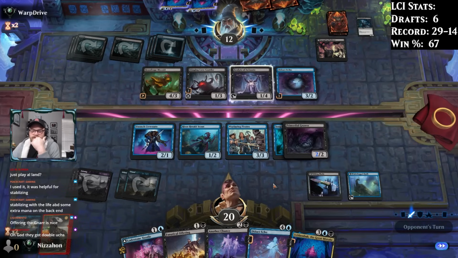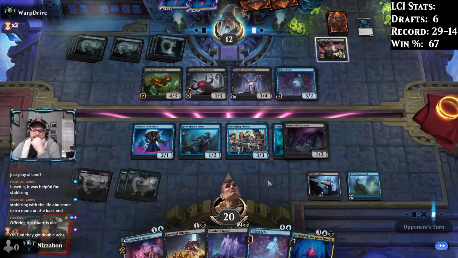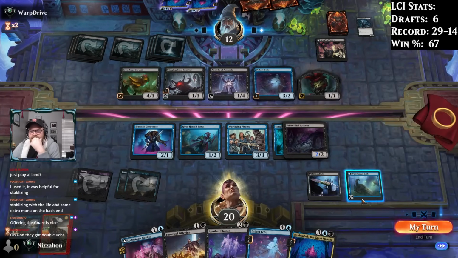That would be a weird choice, because I could still just double block and kill the thing, and only lose one thing in the process. Yeah. I'm a little surprised they didn't attack, honestly, but...